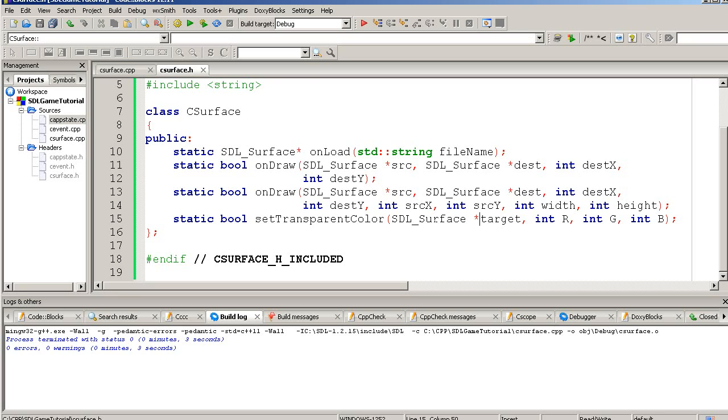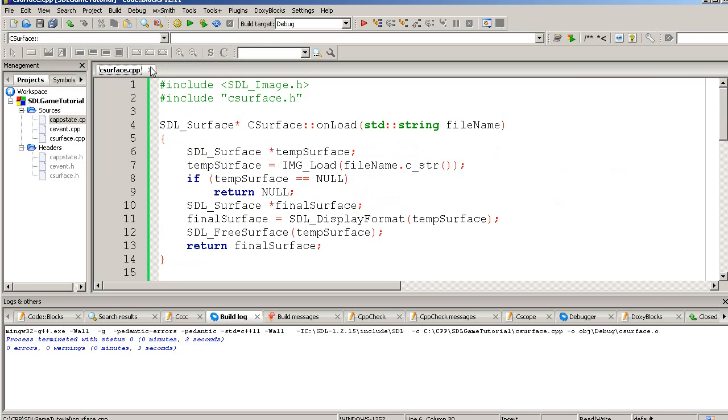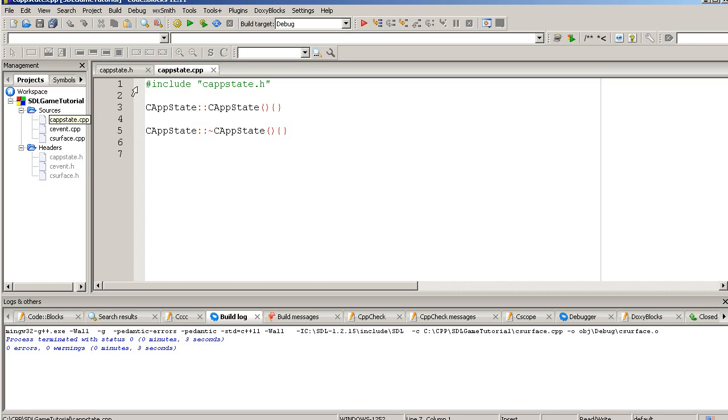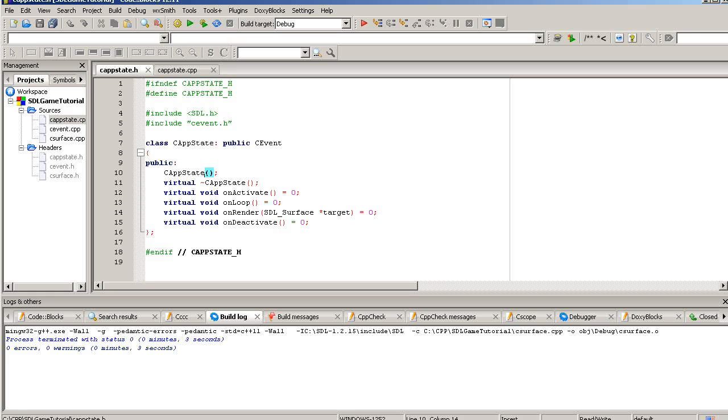So what we're going to do now is get back to what we were working on two videos before, the CAppState class. Let me bring that back up. Actually, I'm going to close both of these class files and bring back CAppState.h and CAppState.cpp. If you remember, I told you this was an abstract virtual class. It's got these four functions that are what's called pure virtual,